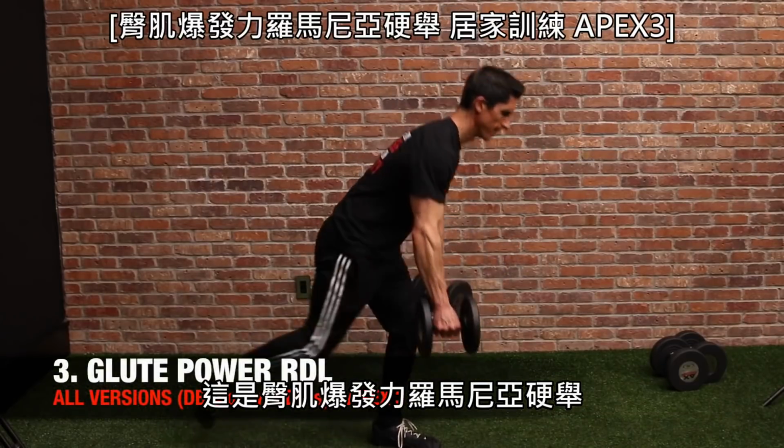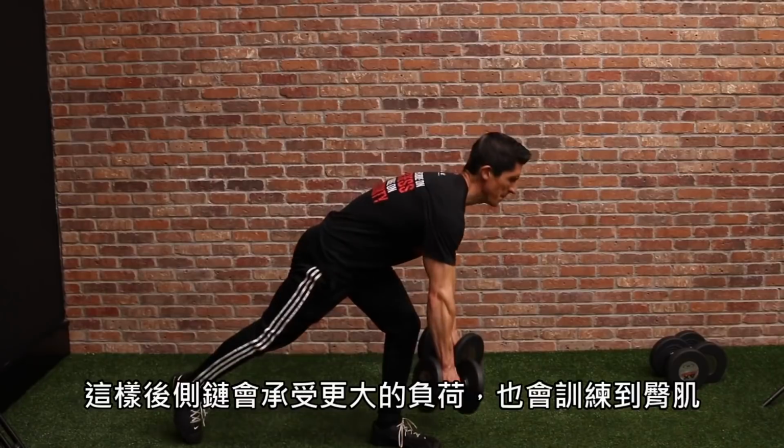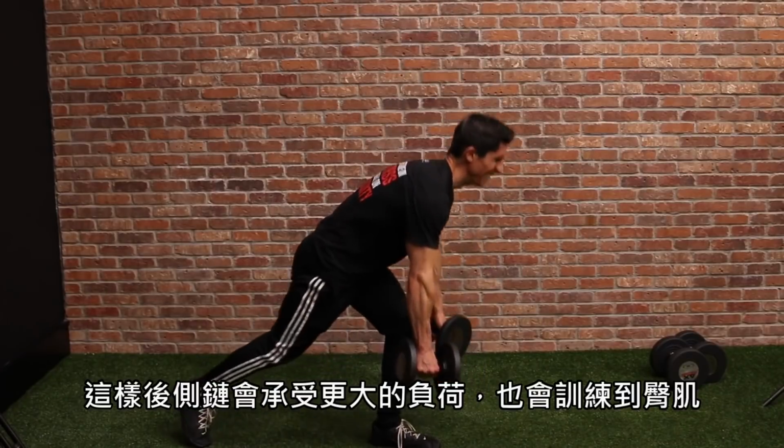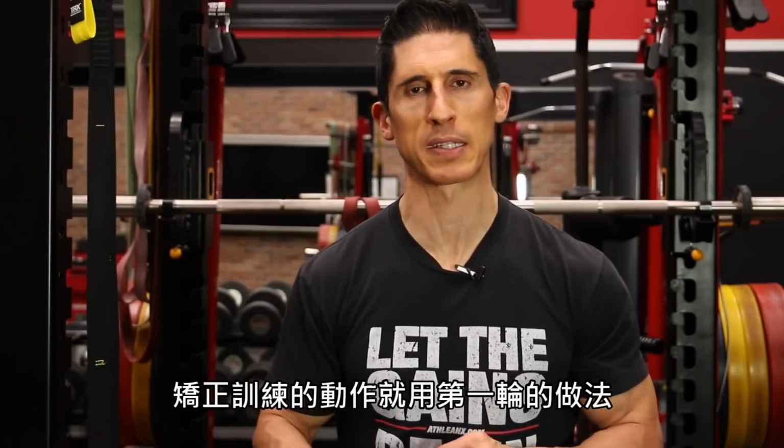This is the glute power RDL. Here we're actually focusing more on hinging at the hips, which gives us more of a load on the posterior chain in the glutes themselves. You go back to the original combination you used for the first circuit on your correctives, and we head into